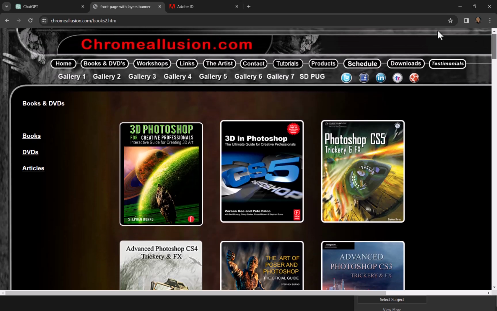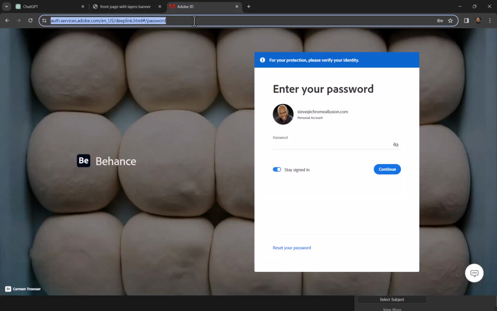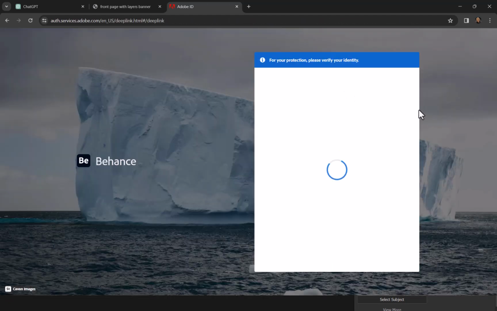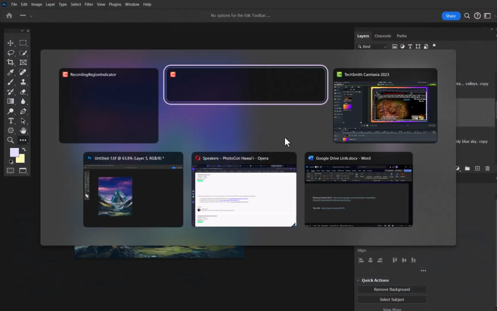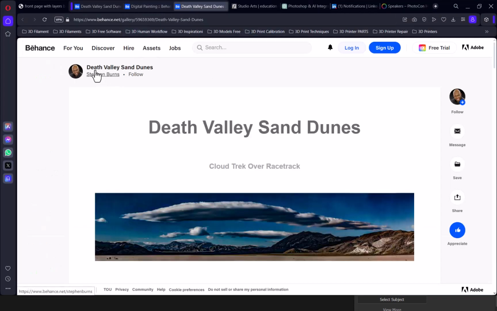So if you also go to, let's see, I've got what's called a Behance account here. I want to make sure I'm in the right section here. I'm going to go to behance.com. And Behance is Facebook for artists. And okay, this is the wrong browser, obviously. Let me go to the right browser here. And there we go. That's what I want. And Behance is right there. So if you go to my Behance site,